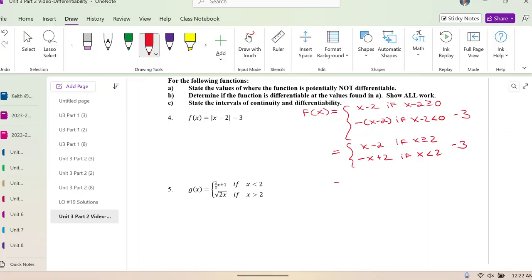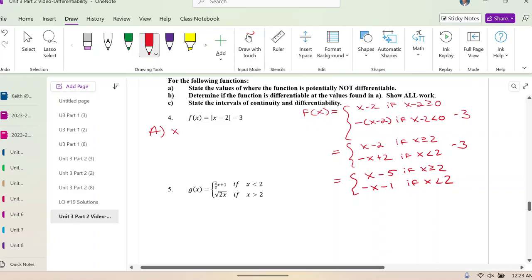Then you subtract 3. So you get x minus 5 if x is greater than or equal to 2. Negative x minus 1 if x is less than 2. So that's the piecewise function that goes with this absolute value. So the changing point is 2, so that's where it is. So here the changing point is 2, so it's potentially not differentiable at x equals 2. So determine if the function is differentiable at the values. So remember,